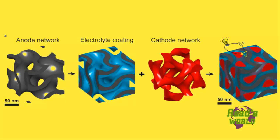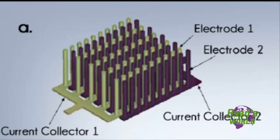The group's idea: instead of having the battery's anode and cathode on either side of a non-conducting separator, intertwine the components in a self-assembling 3D gyroidal structure with thousands of nanoscale poles filled with the element necessary for energy storage and delivery. The architecture for this concept is based on block copolymer self-assembly, which the Wissner group has employed for